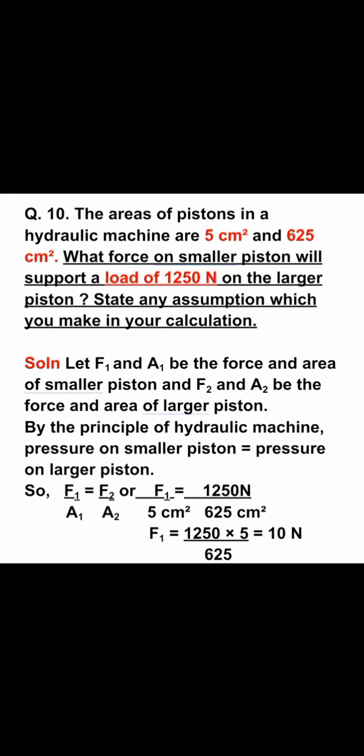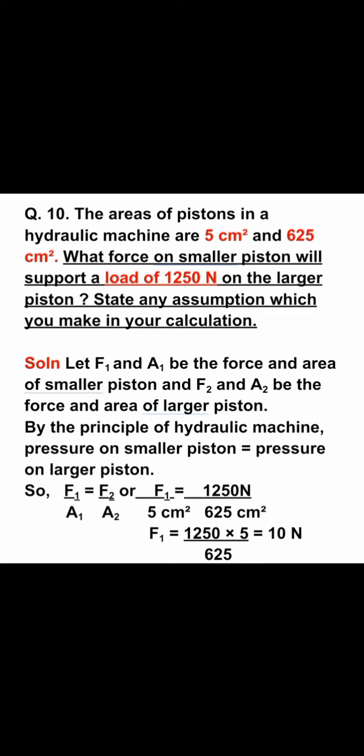Here there are two pistons which have cross sections 5 centimeter square and 625 centimeter square respectively. We have to find the force on the smaller piston, and the load on the larger piston